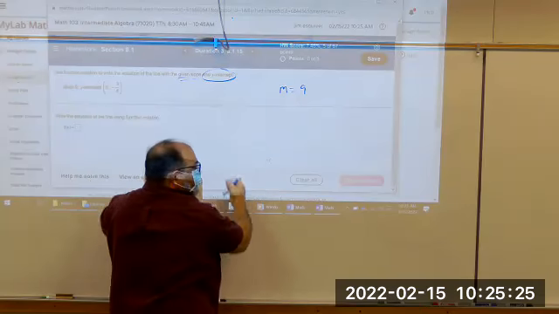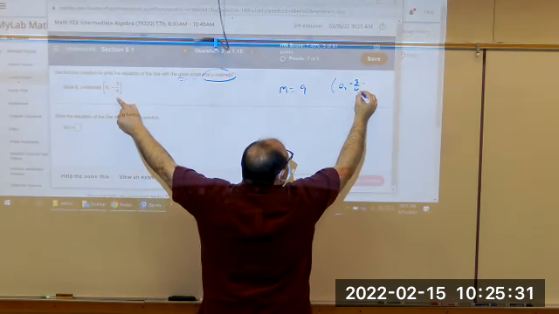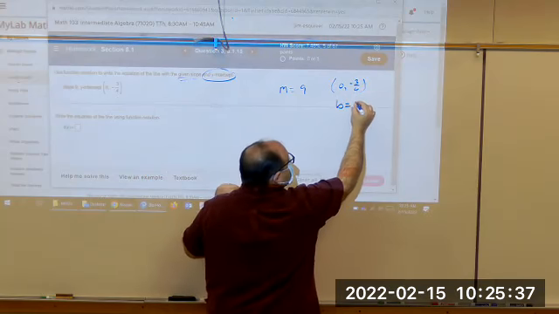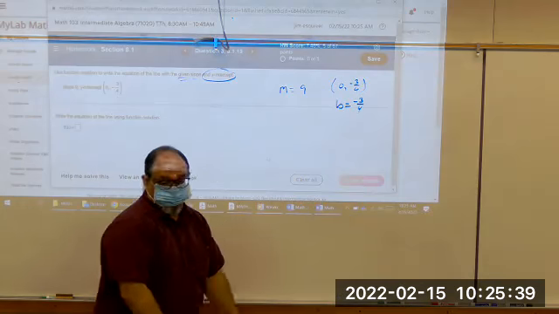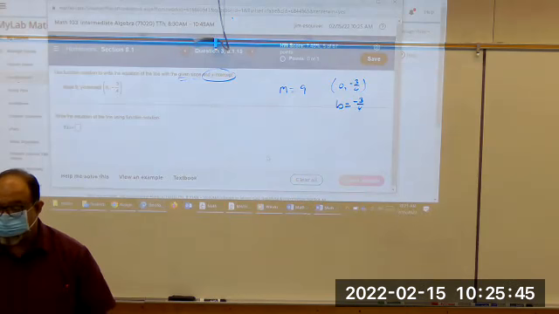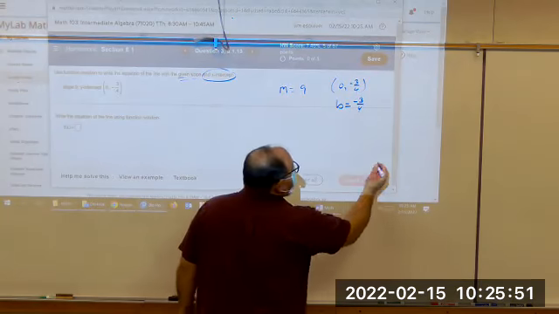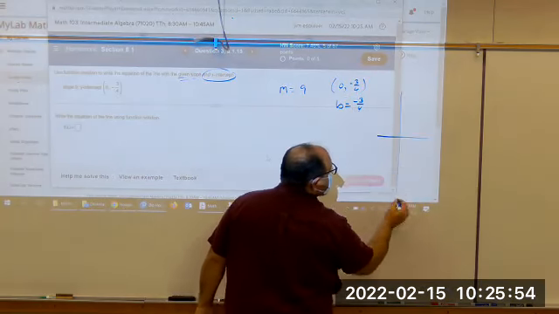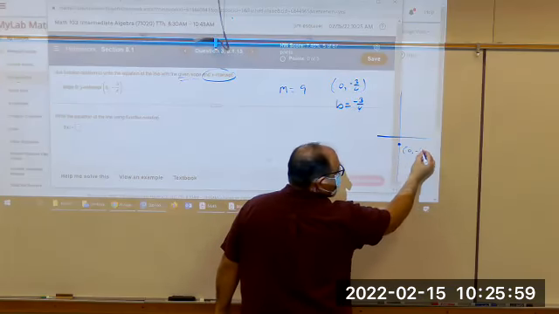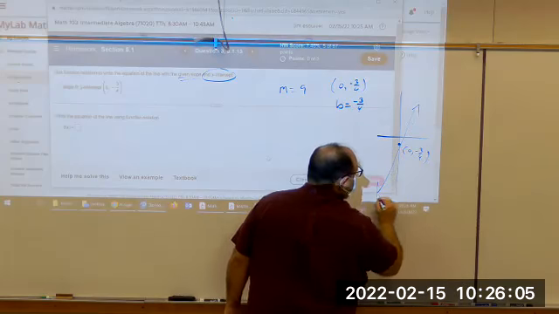And the y-intercept. They're telling us that this is the y-intercept. What they're telling you is that b is negative 3 over 4. They are handing it to you. Now, they're not saying m is and b is. They're telling you it's 0, negative 3 over 4. But you got to remember, when x is 0, it's on the y-axis. And if it's on the y-axis, then you have the y-intercept